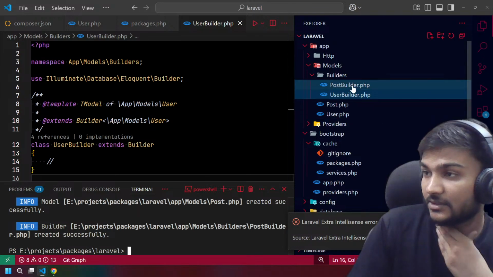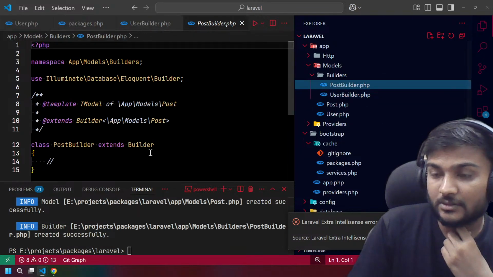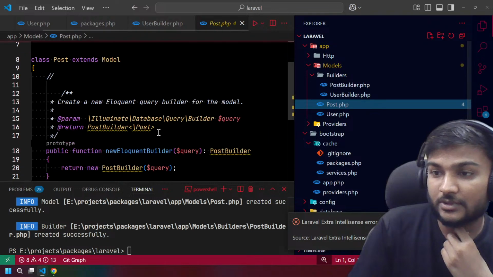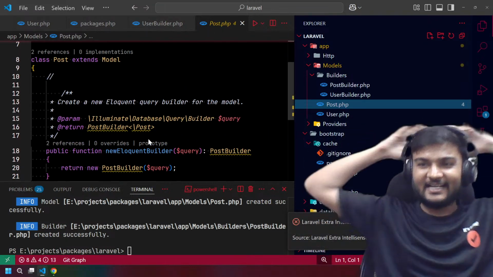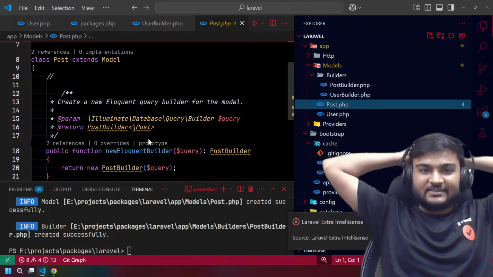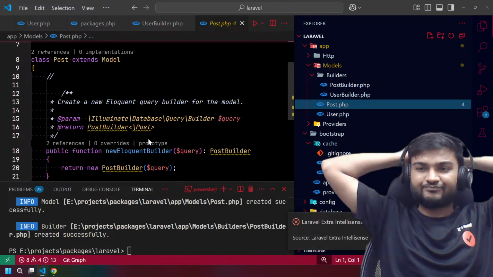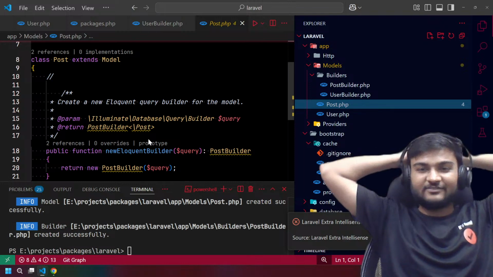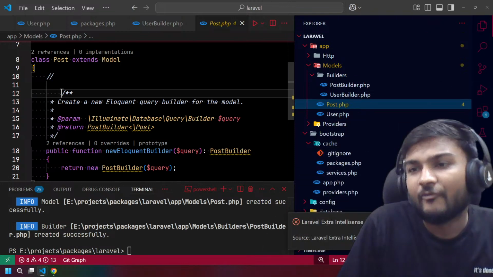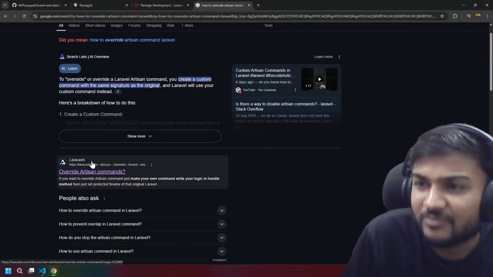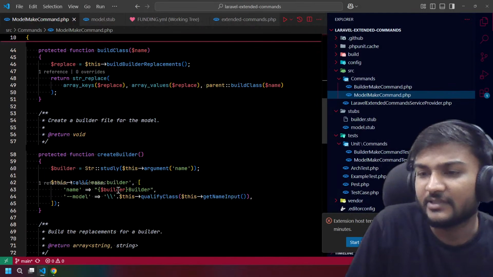It created the post builder. Nice. So we did it. We did it, but here we have some problems which we can solve easily.